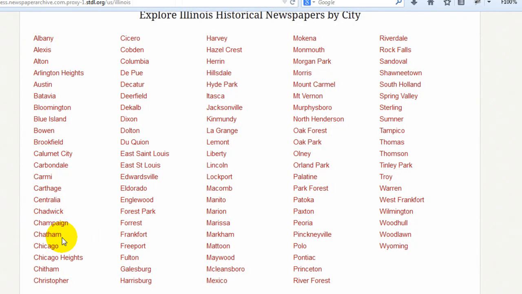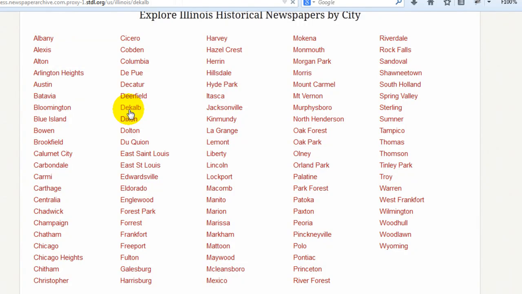But you may very well have ancestors that are certainly not located in Chicago. They may be in the rural areas of Illinois, and here is a perfect place to at least initially see if a town is included that is of interest to you for your research. Then you would click on that town, and I'll just click on DeKalb